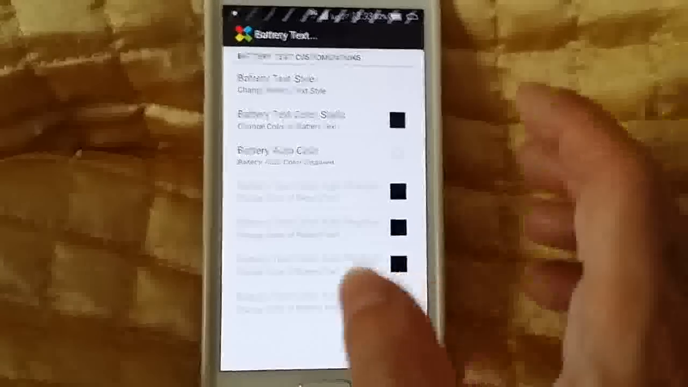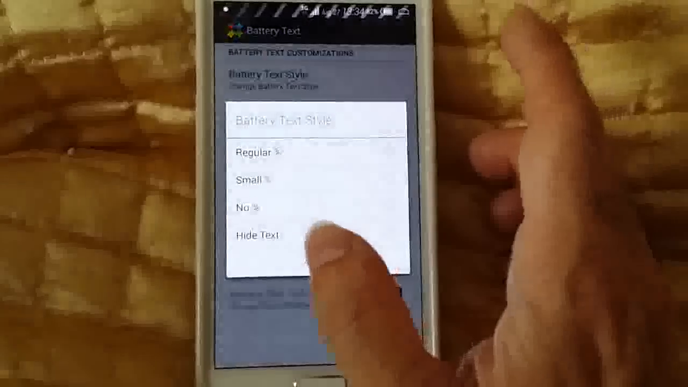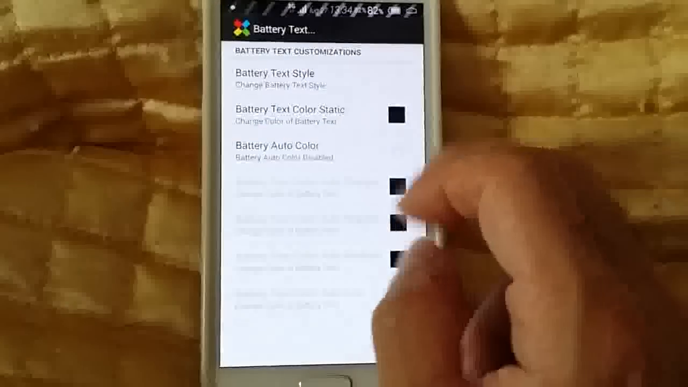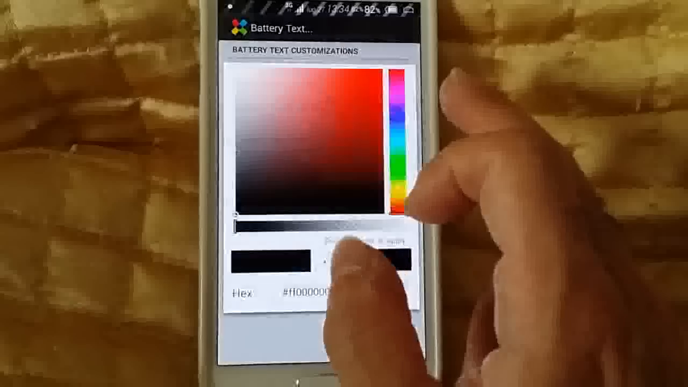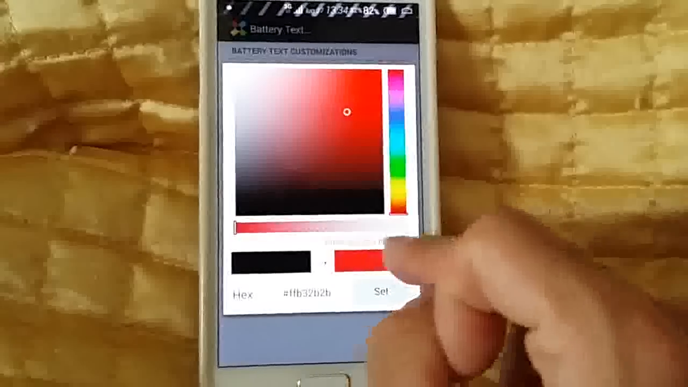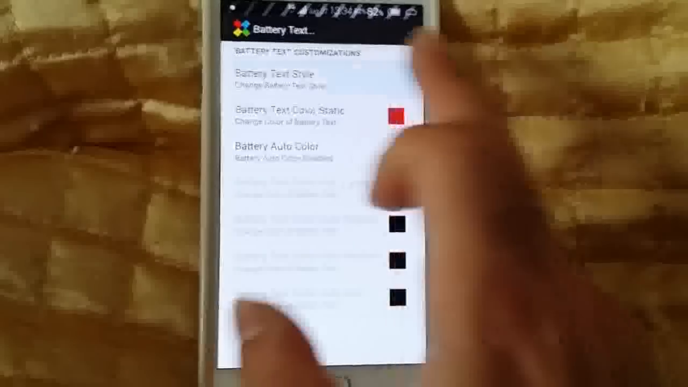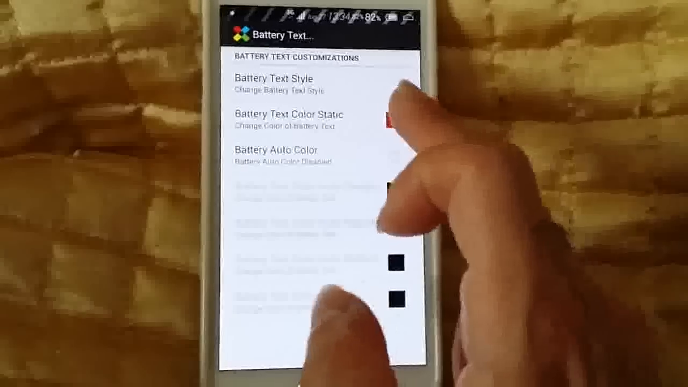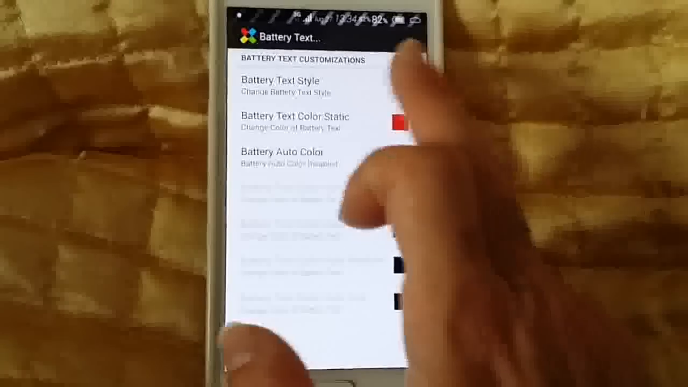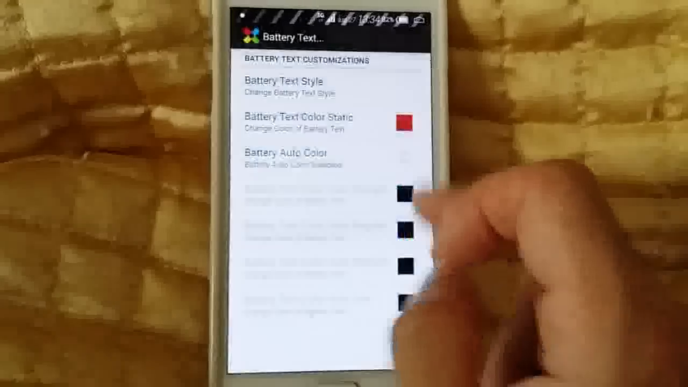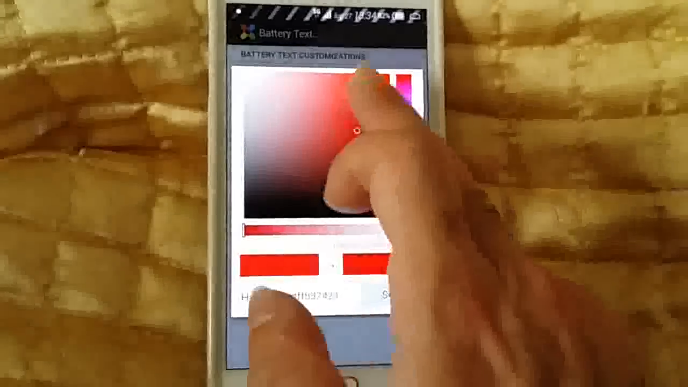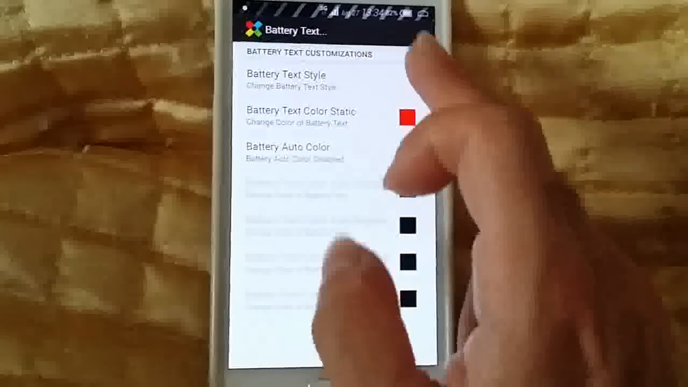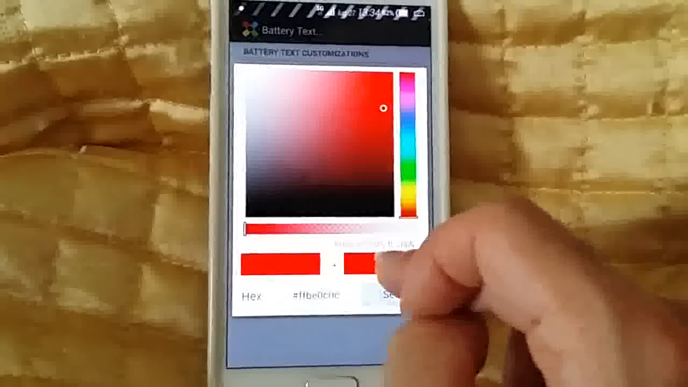Then battery text, we can enable an additional battery text, disable the Samsung one. We can also change the battery text color. Here, sorry,